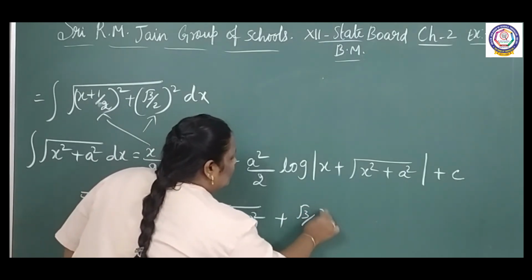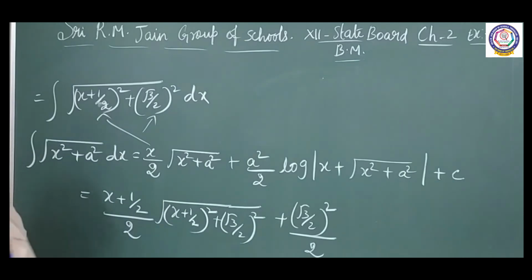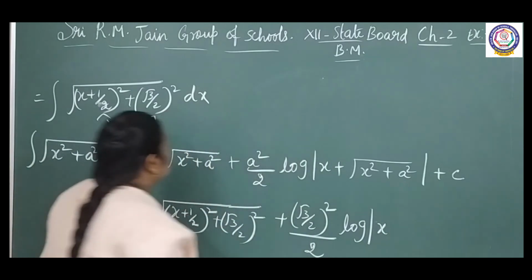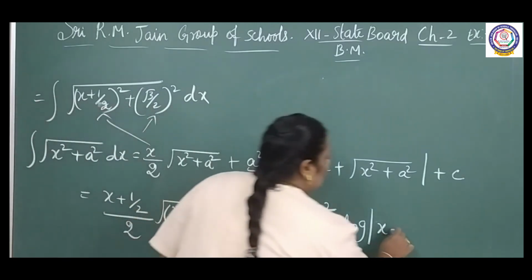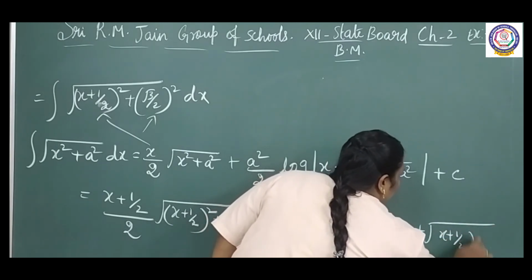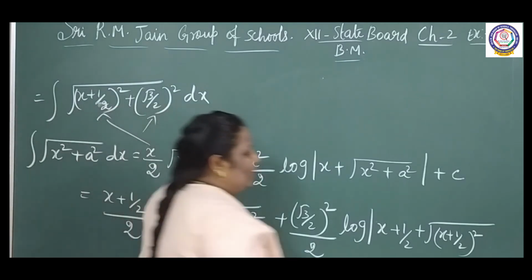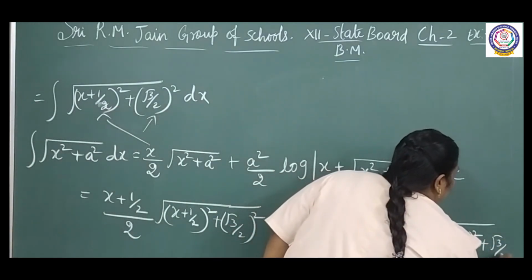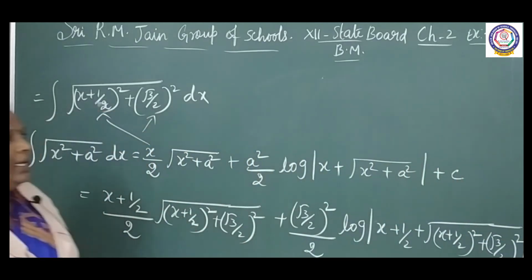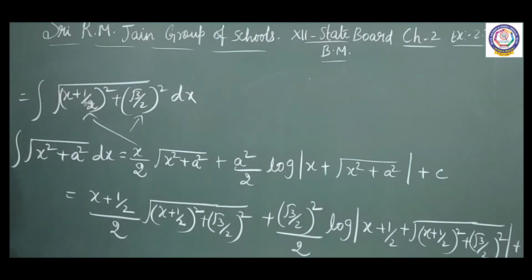Root 3 by 2 the whole square by 2 log of modulus of x, x is x plus 1 by 2, x plus 1 by 2 plus root of x plus 1 by 2 the whole square plus root 3 by 2 the whole square, modulus, plus c. So it gives,